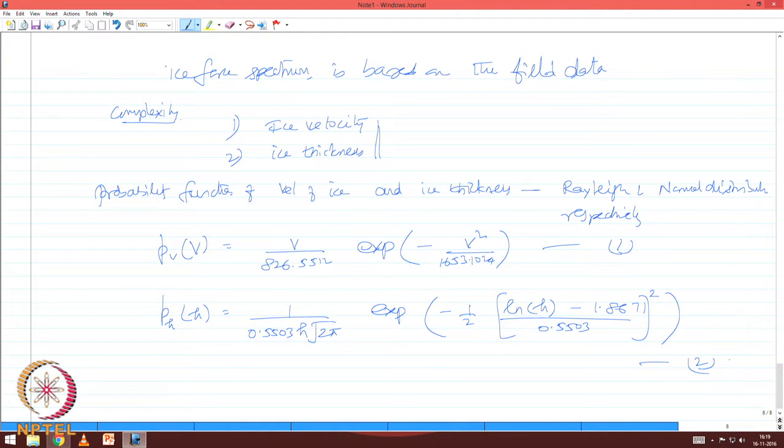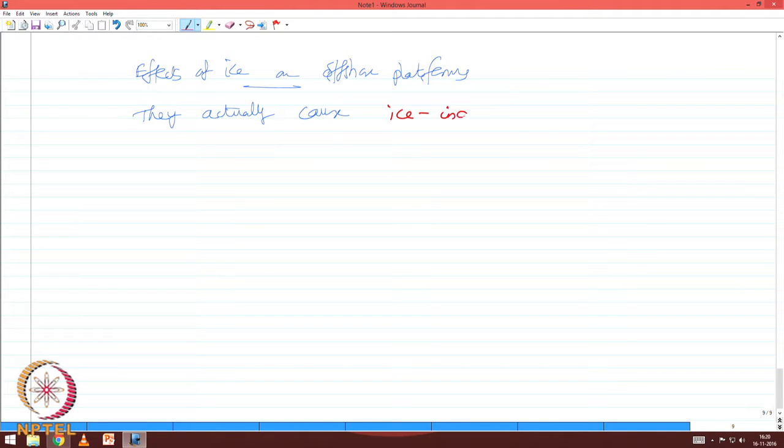Question 2. Let us now try to understand what are the effects of ice on offshore platforms. They actually cause ice induced vibrations. Ice induced vibrations can result in